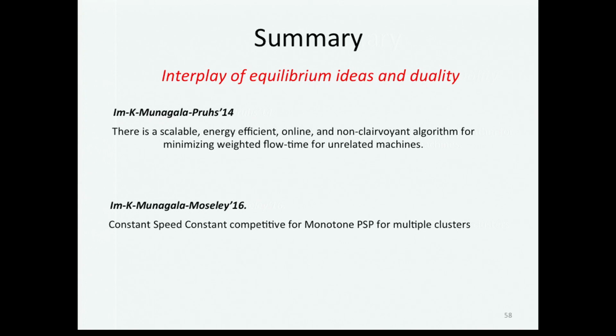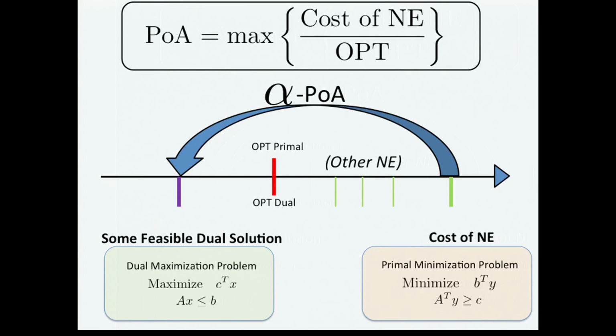Okay, so I have one minute. I just want to make one more comment regarding connections between equilibrium ideas and duality. The way we set this up as a Nash equilibrium as the outcome, and we analyze the quality of the Nash equilibrium, here it was all for the sake of coming up with an algorithm, but there is an entire literature which tries to understand the quality of the Nash equilibria, and that's the